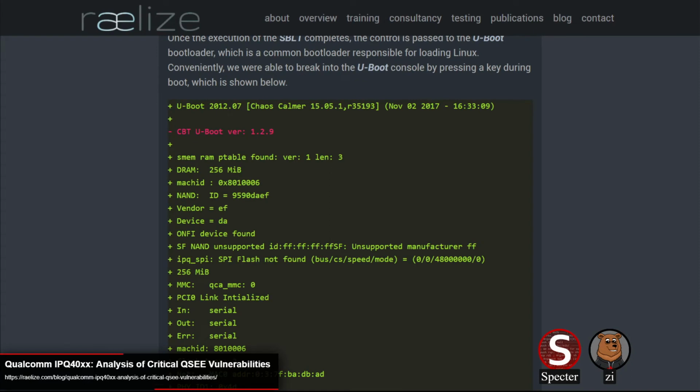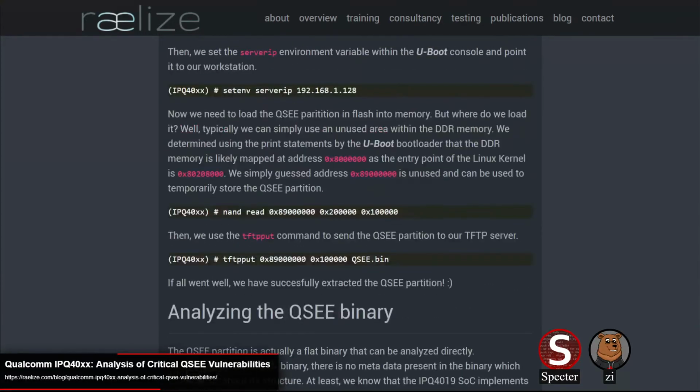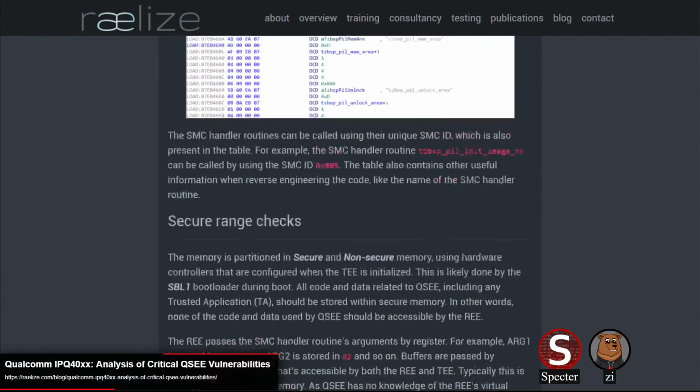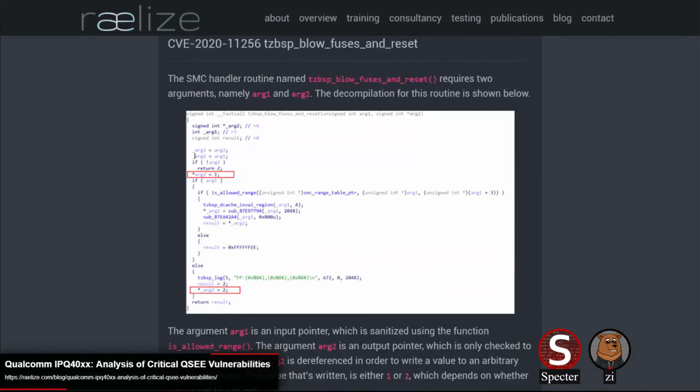Now, because these images are in secure world and they're meant to be sectioned off, you don't have access to the source for these images or even symbols to work with, since it's a flat binary. So this article is a nice change of pace from many that we cover by approaching vuln research from a black box perspective, doing some binary auditing, where most of the issues we cover are found from source auditing. So like I said earlier, they found 4 bugs. All 4 are based on the same fundamental issue, which is taking untrusted pointers and just not validating them. And this happens in 4 different SMC calls.